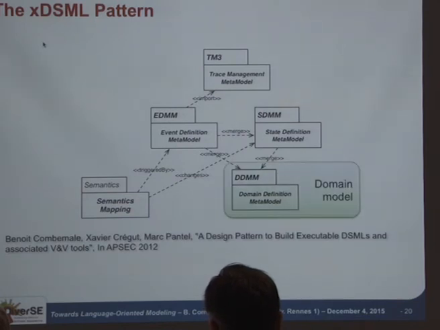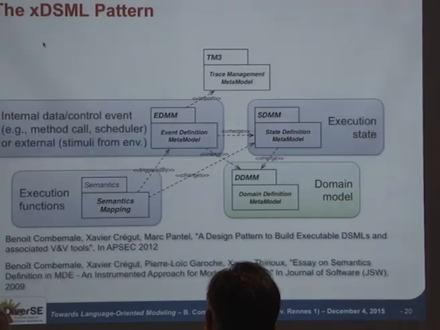So we started with the domain definition metamodel, which is a structural model of the domains that we want to reify in terms of a software language, and which is a graph of concepts and relationships between them, possibly completed by context conditions that are also known as static semantics. And then on top of this domain model, we need to define the behavioral semantics, which is defined in three